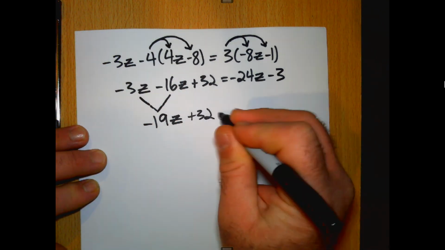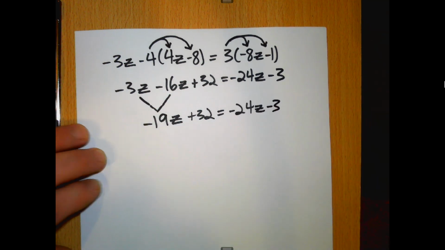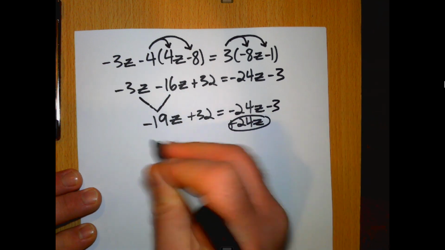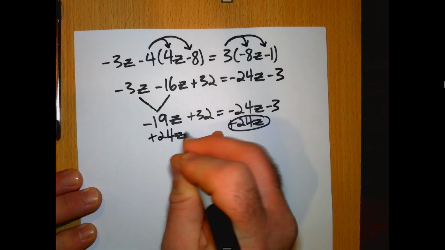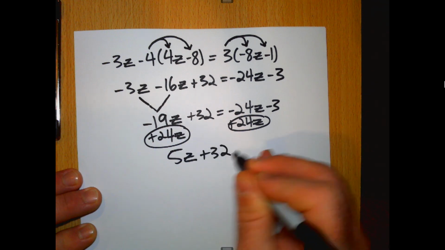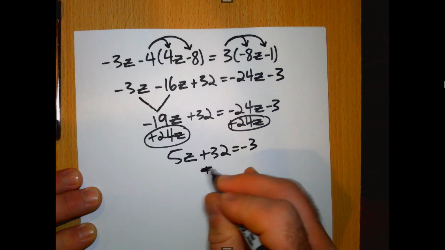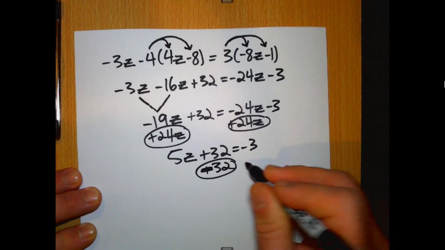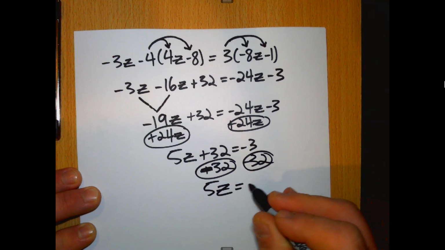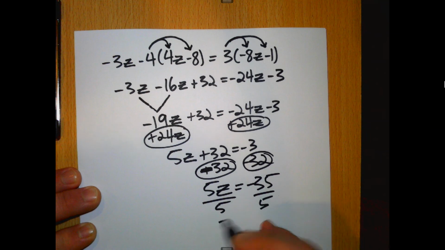Okay, and now it's starting to look a lot simpler. I'm going to go ahead and get the variable to one side or the other. I like to keep them positive. So we have 5z, and then we're going to minus 32 from both sides. Then 5z equals negative 35. Divide both sides by 5, and z equals negative